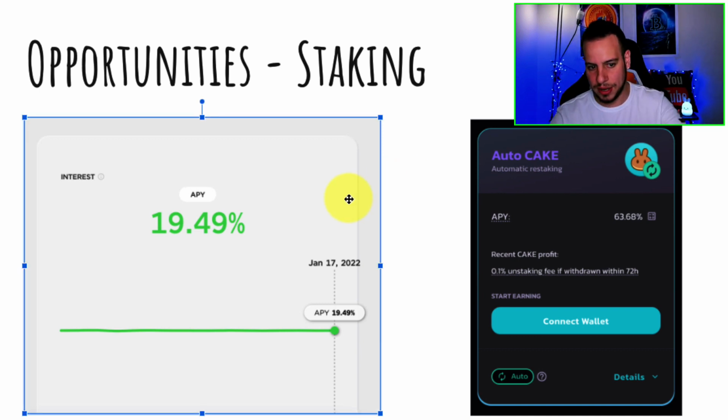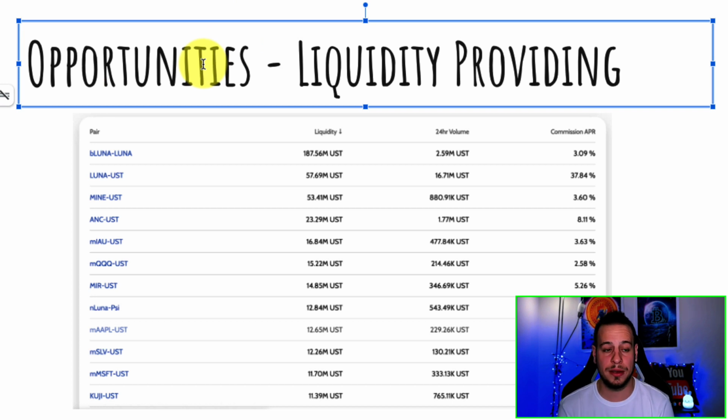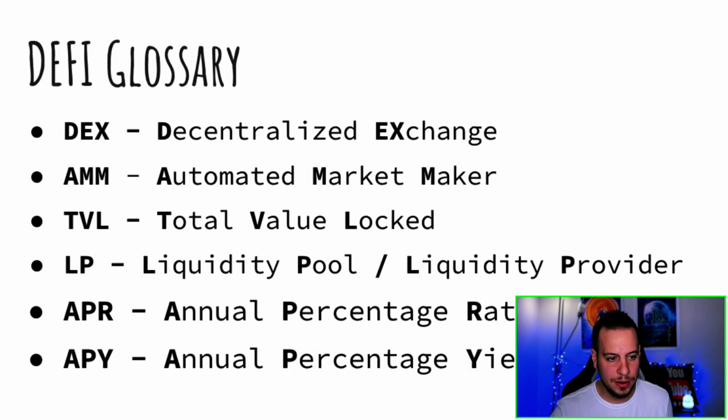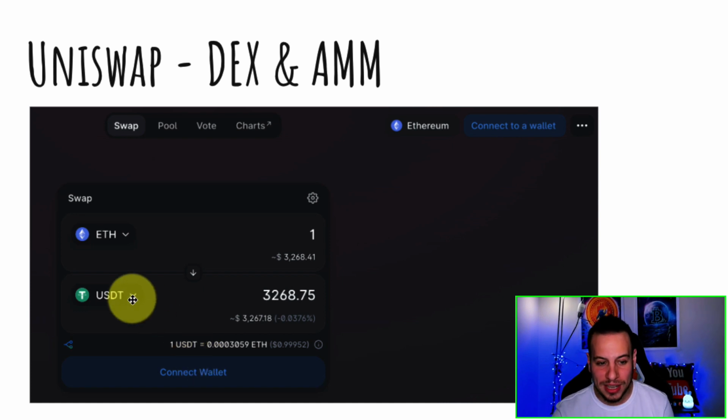But if you want to sell and forget, you can just buy USD and stake it for 20% a year, which is amazing. Another opportunity is liquidity providing. Remember that we talked about liquidity providing about DEX. So when you provide liquidity here, the user is paying some kind of fee. This fee is going to the liquidity provider, because if you add liquidity for Ether USD, if a user comes